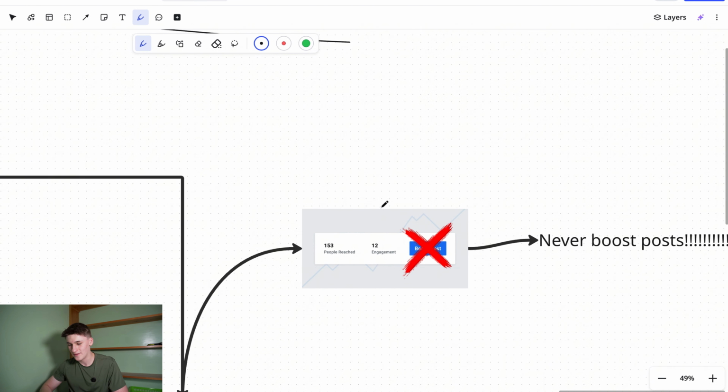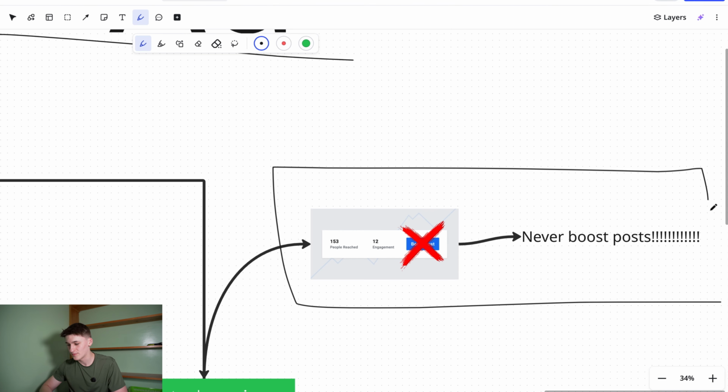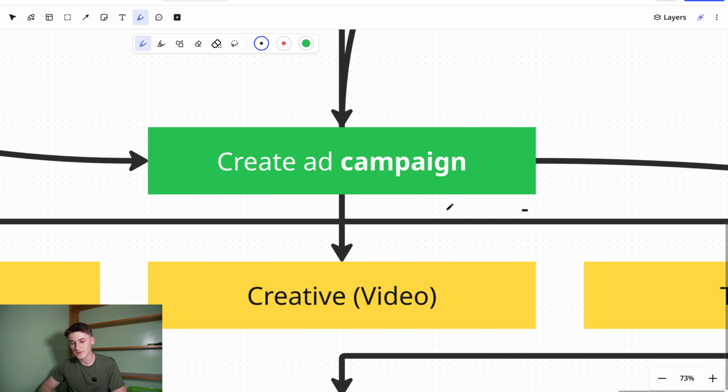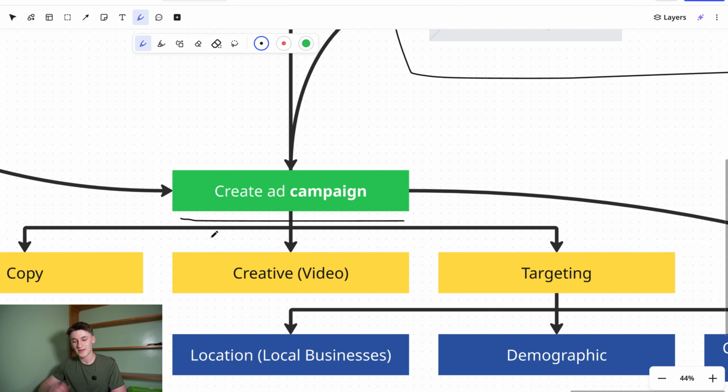So once again, I've put it here. You should never ever boost posts. This isn't an effective way to spend money when trying to run Meta ads. And so I just wouldn't recommend it at all. So here you need to create your ad campaign. So your ad campaign